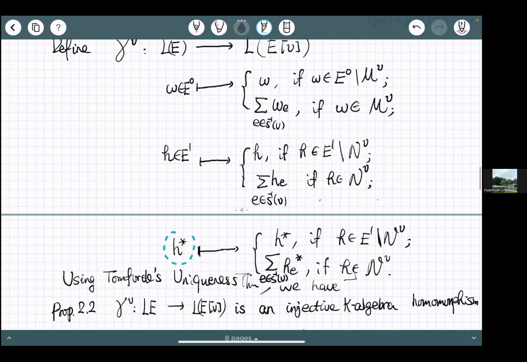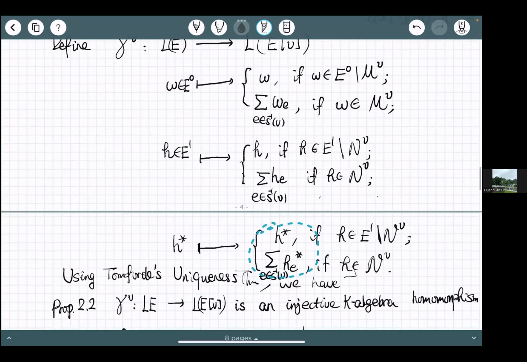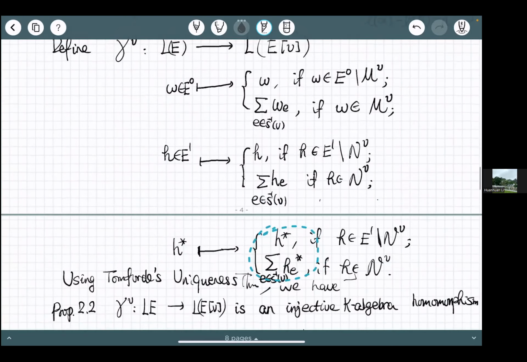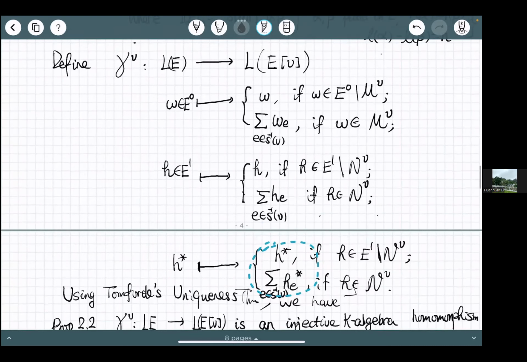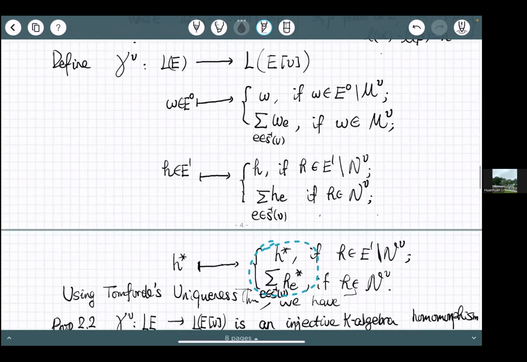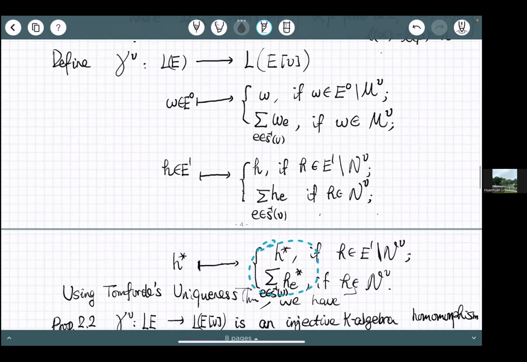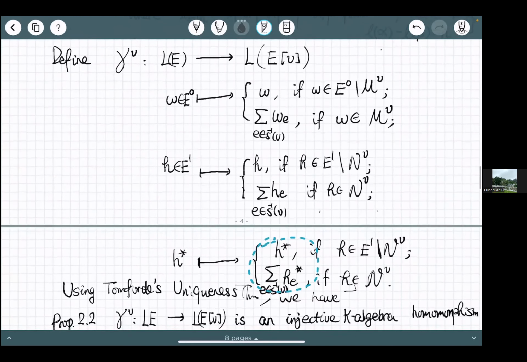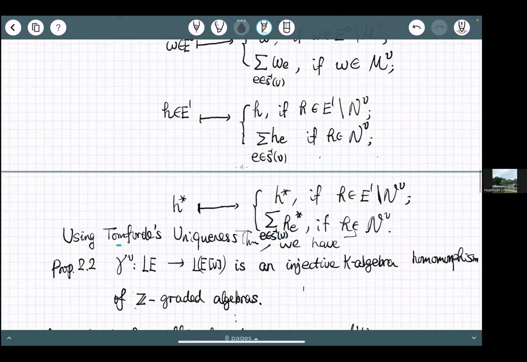For the star, this is the star of the image of H. One can check directly that this gamma V is a K-algebra homomorphism, and it also preserves the Z-grading. So we use the uniqueness theorem, and we can see that this is an injective